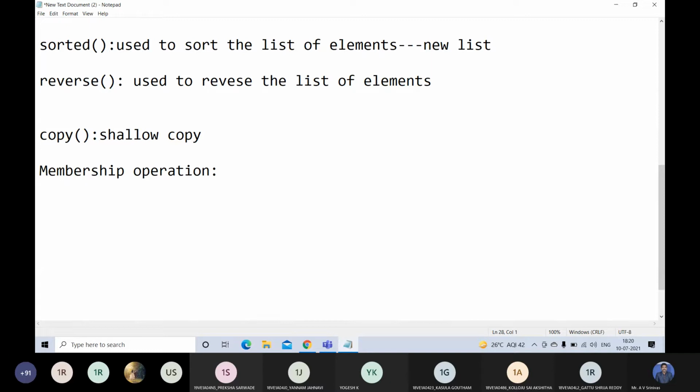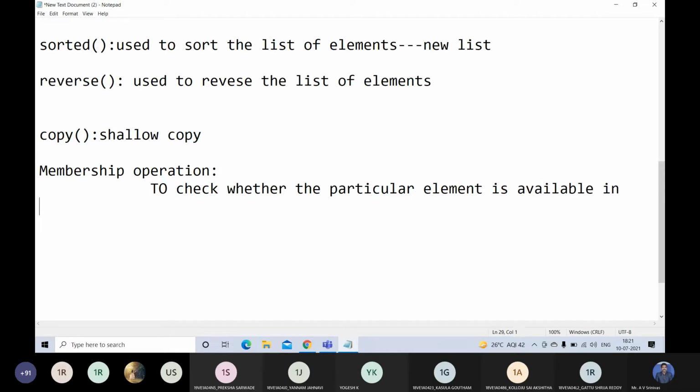The purpose of the membership operation is to check whether a particular element is available in the list or not. If you want to check that, you are going to perform this membership operation. That means we check whether the element is a member of the list or not.